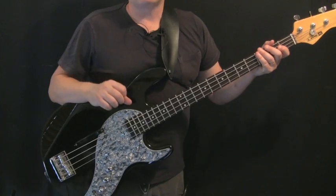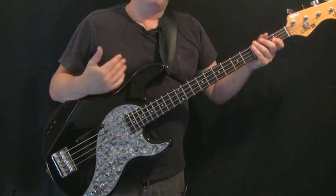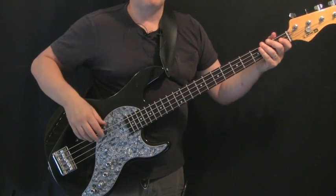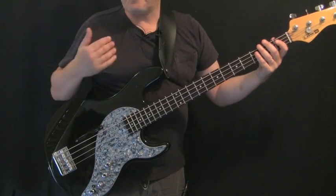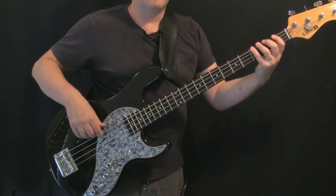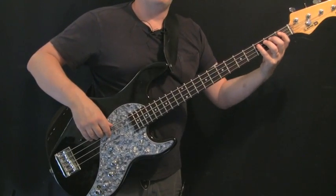That's all the sections that we need to learn. Everything else is pretty repetitive from here. On the riff, you can throw some variations in and make it more driving later on in the song. So instead of playing that and just playing that, you could do all sorts of things. You could use the